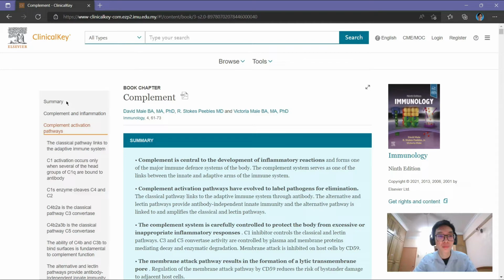You have your summary, then the introduction to complement and inflammation, and more in depth subtopics like the classical pathway, the C1 complement component, C1 activation, C1 enzymes cleaving C4 and C2